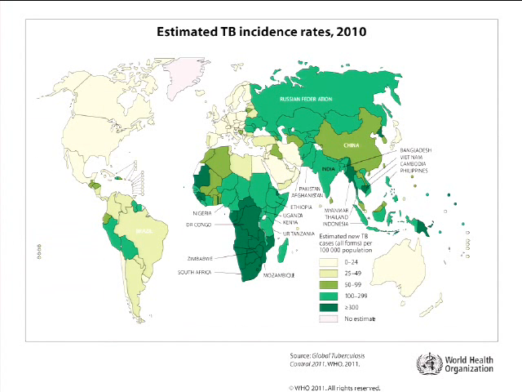The darkest green have the highest rates per 100,000 people. So you can see the greatest density is in sub-Saharan Africa, as well as over here in Southeast Asia. And so the people that are traveling to and from these areas, if they're coming back, to sub-Saharan Africa and then Southeast Asia, are at the highest risk for getting TB, and they're at the highest risk for bringing TB back with them unknown to them.